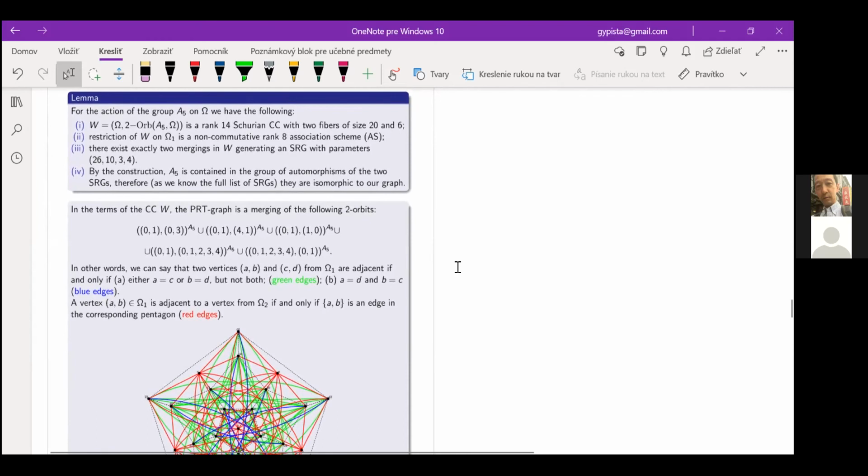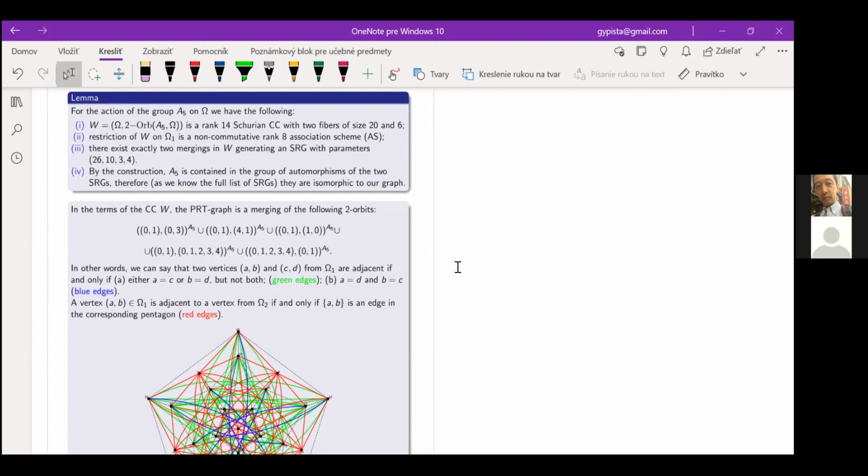In fact, by merging, we are obtaining 2 strongly regular graphs with the requested parameters, but since the coherent configuration was obtained from the alternating group of degree 5, then it is clear that both of these strongly regular graphs have A5 as a group of automorphisms or subgroup of automorphisms. And from this, we know that